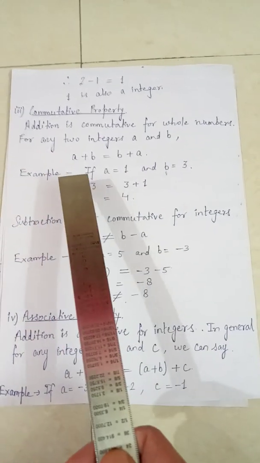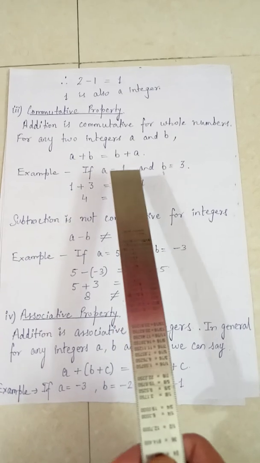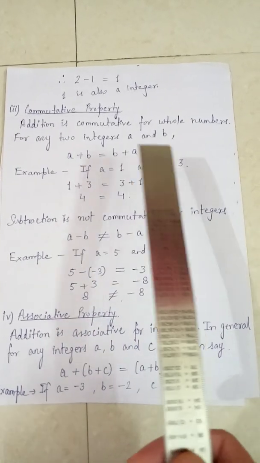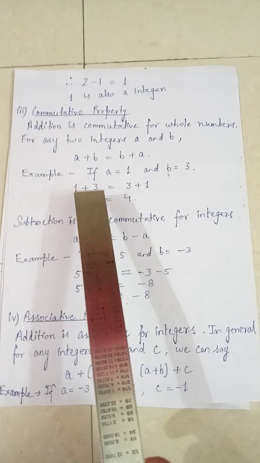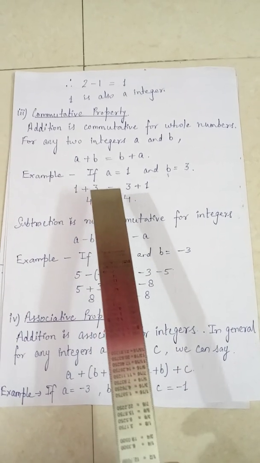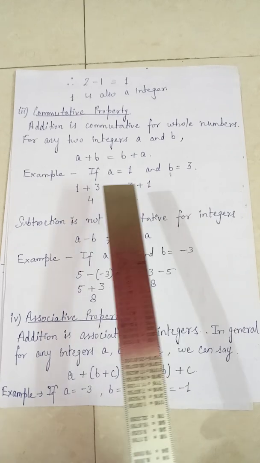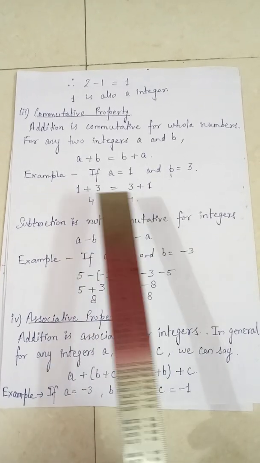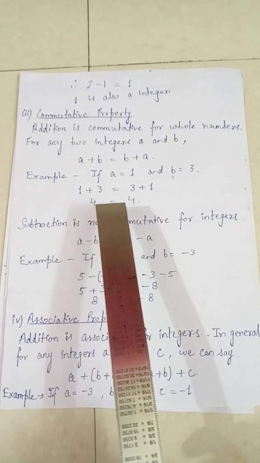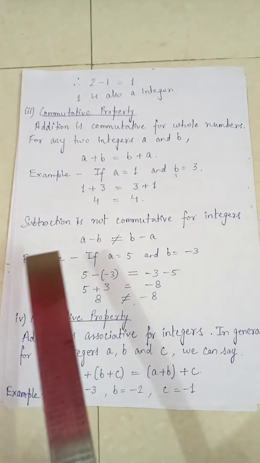Example: if a equal to 1 and b equal to 3, on the left hand side it will come as 1 plus 3, and on the right hand side it gives you 3 plus 1, and 4 will come on both the sides. That means both sides are equal to each other. The next,